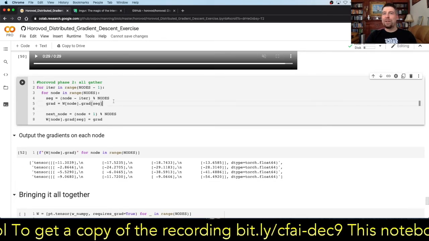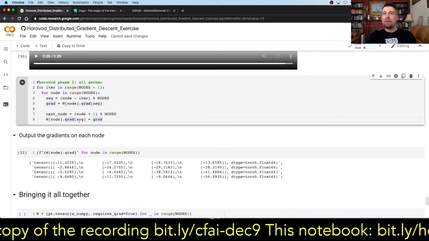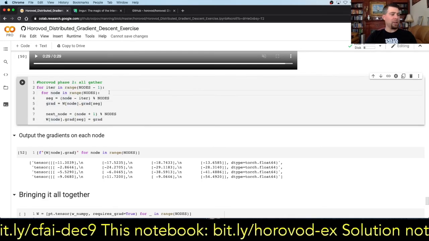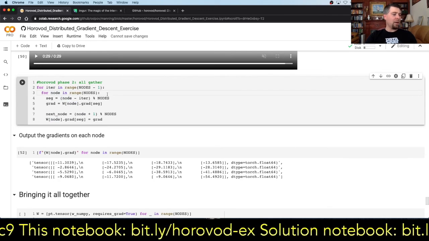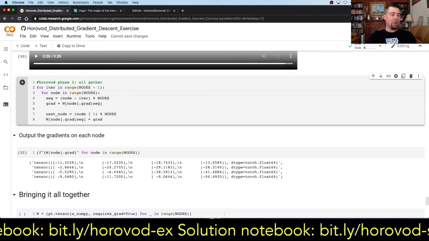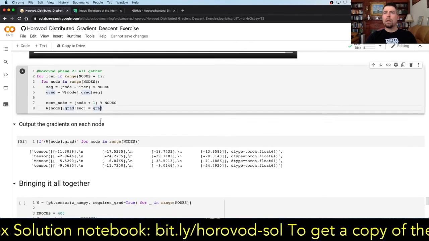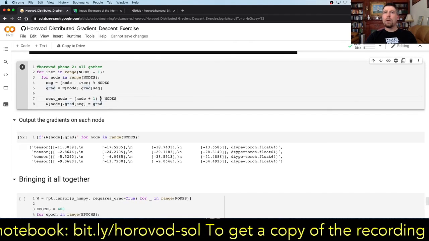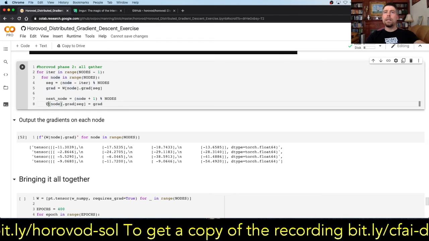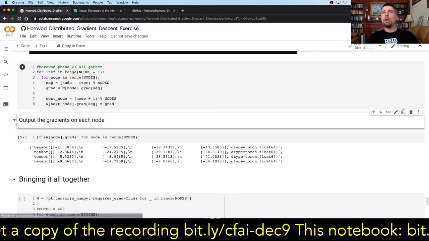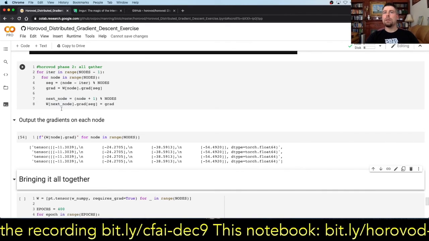As soon as I fix this bug that I introduced here, so I did the node minus iterations, I've updated this. So node plus 1 grads equals grad, and W node, next node. This is the bug right here. After I run this update, all the